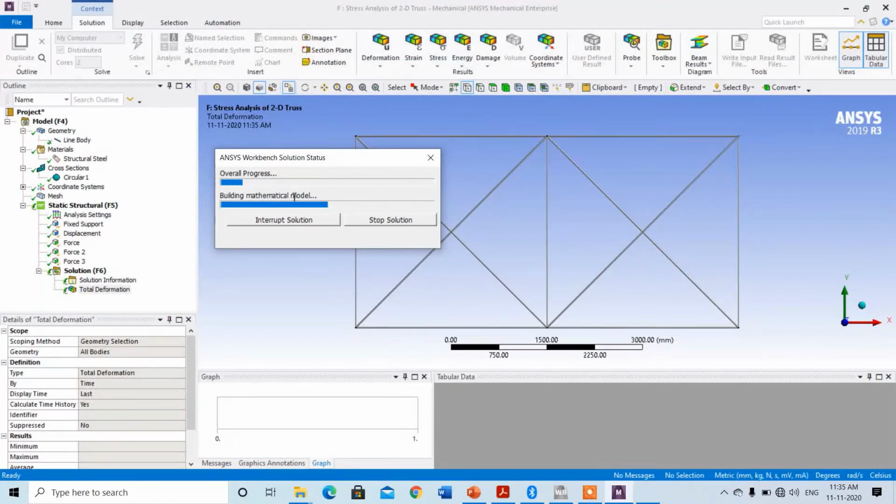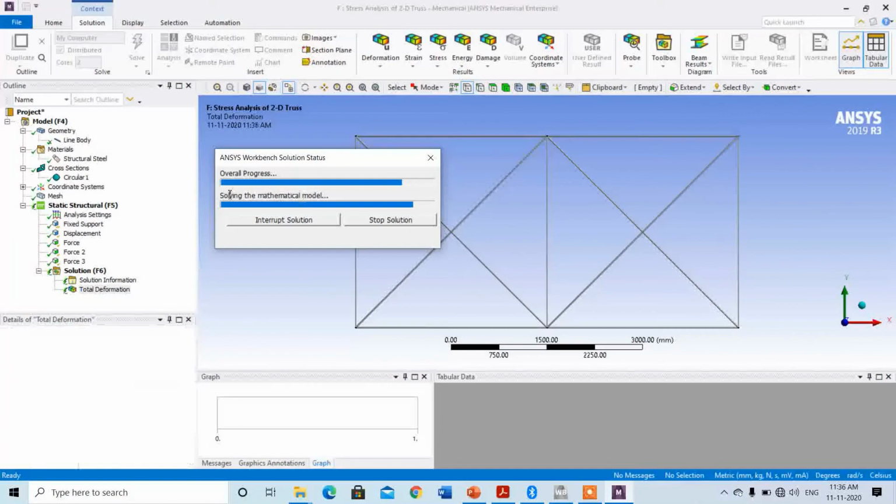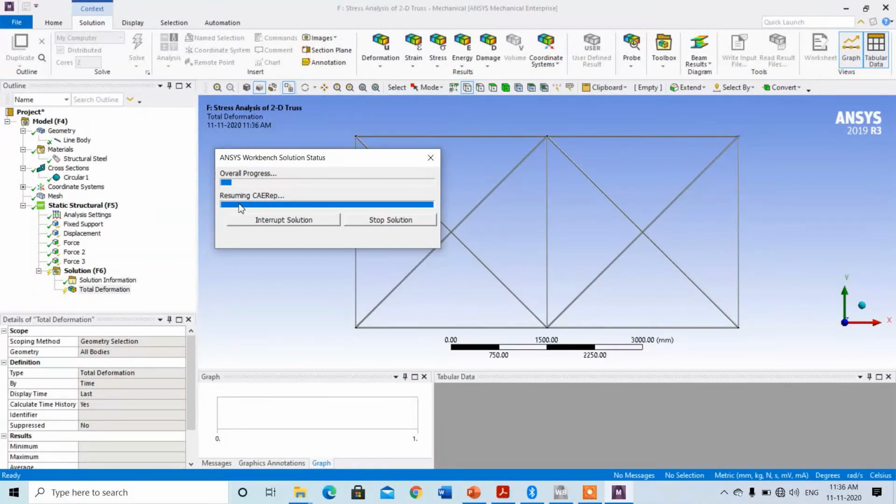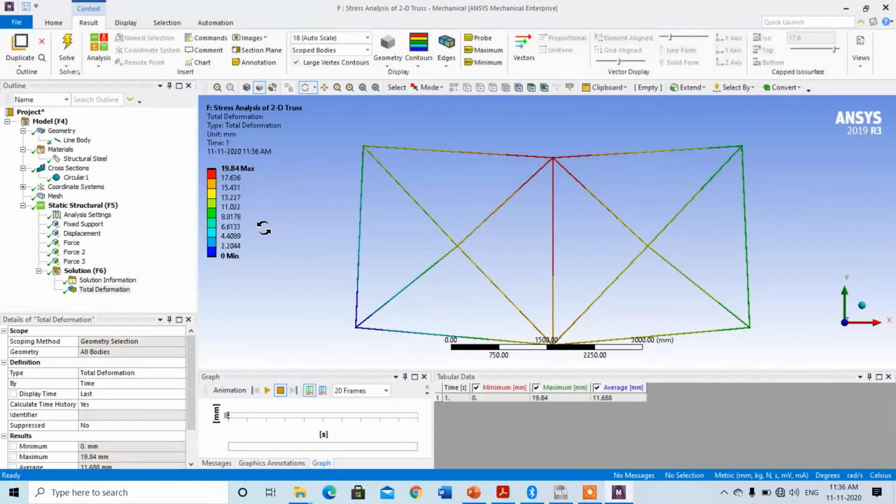Building a mathematical model, solving the mathematical model, running, loading, it's done. You can check the deformation. The maximum displacement is here and the minimum is here.